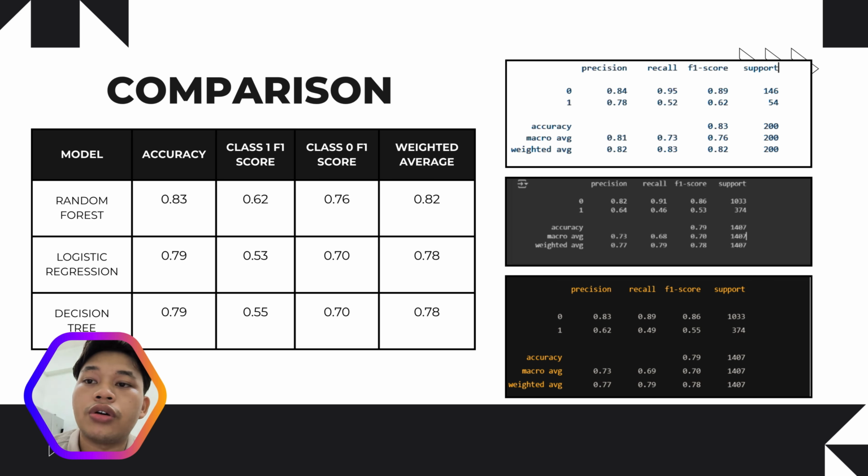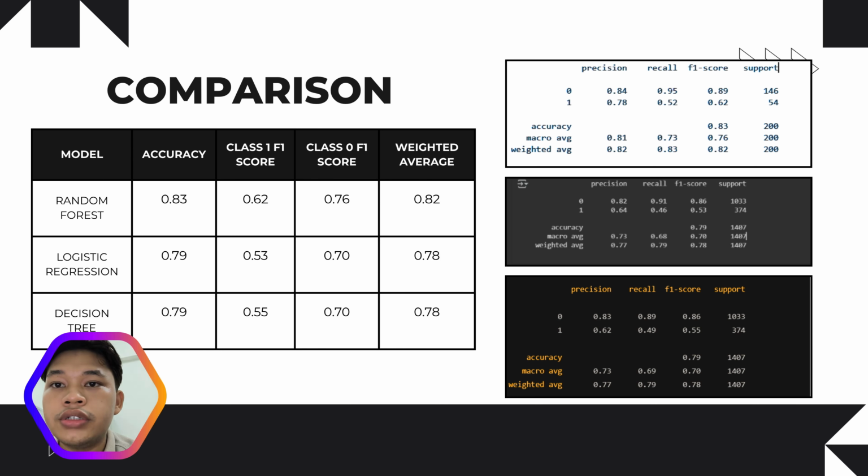For the class 1 F1 score, random forest gives a score of 0.62, decision tree 0.55, and logistic regression is 0.53. And for the class 0 F1 score, random forest gives 0.76, while decision tree and logistic regression give the same score of 0.70.